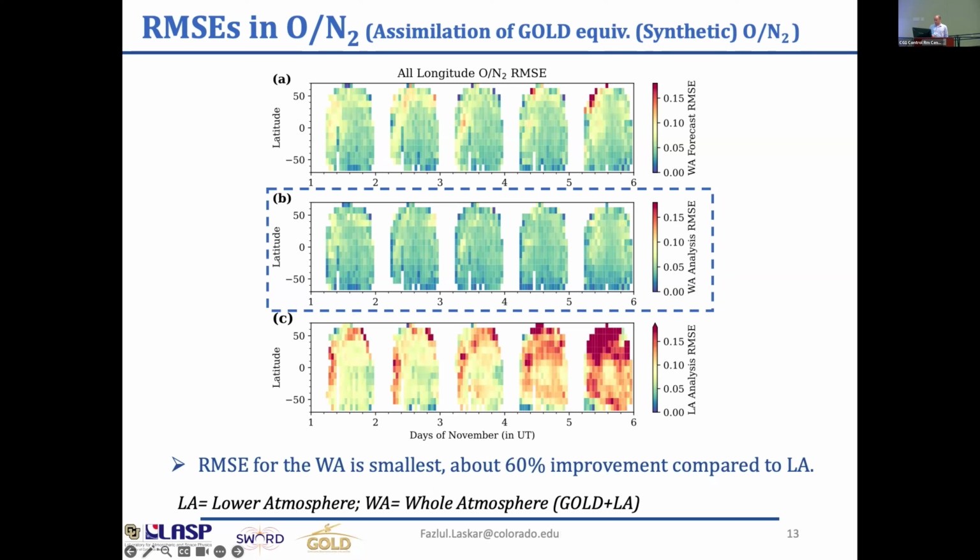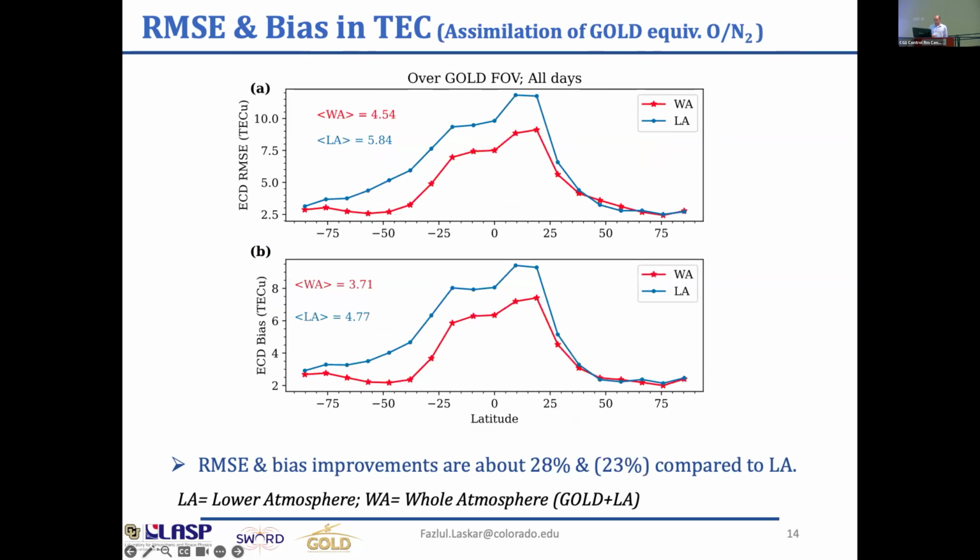So this shows, and we have also seen here, that compared to the whole atmosphere forecast, this one is improved; the analysis got improved. In this case, we have observed that the O/N2 RMS errors are getting better. And then we also checked with the